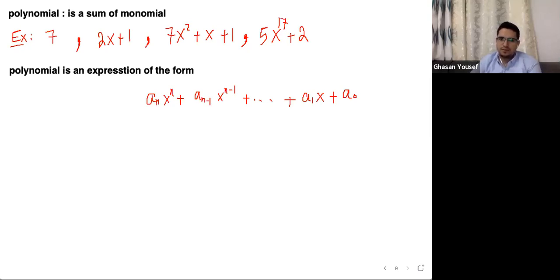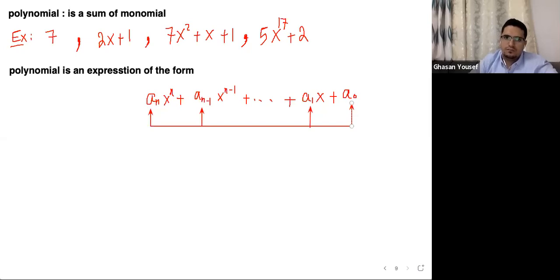So if I have only a number, without variables, it's called a polynomial. If I have 2 terms, it's called a polynomial. If I have 3 terms, they call it a polynomial. All the a's are real numbers here, and x is the variable. So okay, now after we know